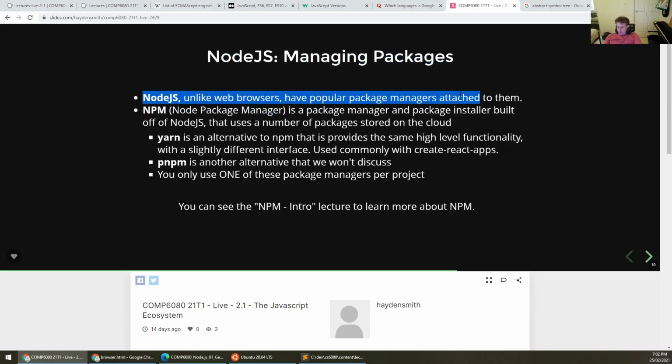Node.js managing packages. Now, here's the thing about Node.js. I mentioned earlier that it has a sense of modules, right? A little bit like Python, how Python has modules. Rather than just being a single file you can write JavaScript in, you can actually import lots of modules that do different things. So as an example,